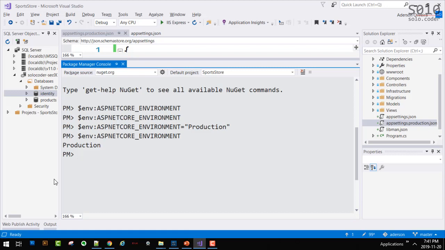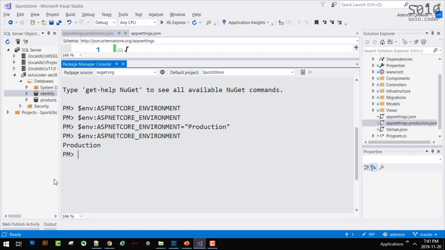But when we set it, it will match this name. See, production here with production here. That's a way that you can keep different files for different environments. Maybe you have a development environment, maybe a user acceptance environment, maybe, of course, a live environment.